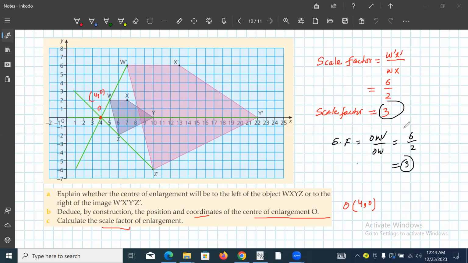I hope you understand how to find the scale factor and how to find the center of enlargement,